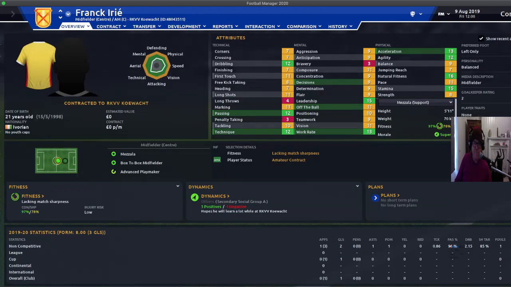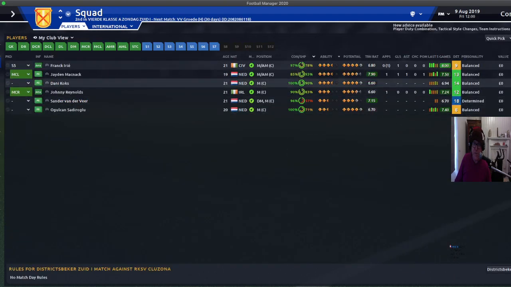Frank Irier was recommended by a scout. Reasonably quick, lots of stamina, very good work rate, good leadership off the ball. Solid, and very good at the passing. An excellent player for this level, and will be playing central midfield on attack, and he'd be my first pick, along with